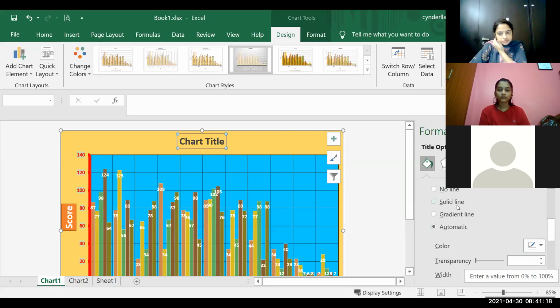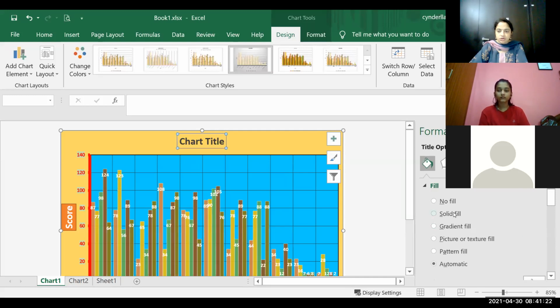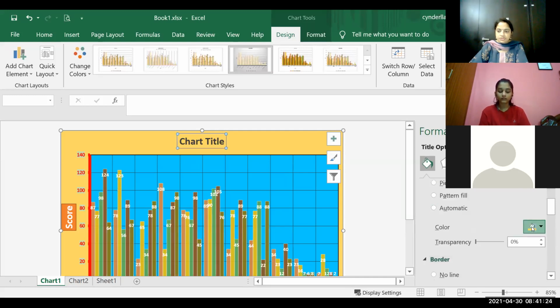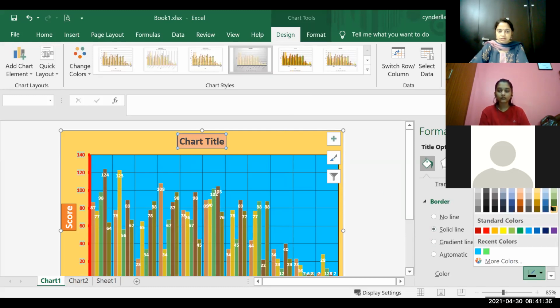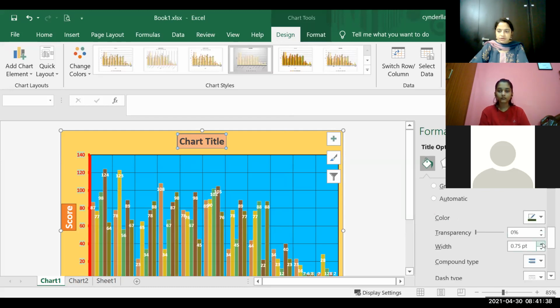You can have the solid line or gradient line or fill colors, solid fill. I can change the color of my chart title. I can have the gradient lines, the line color, and I can increase the width of the line.